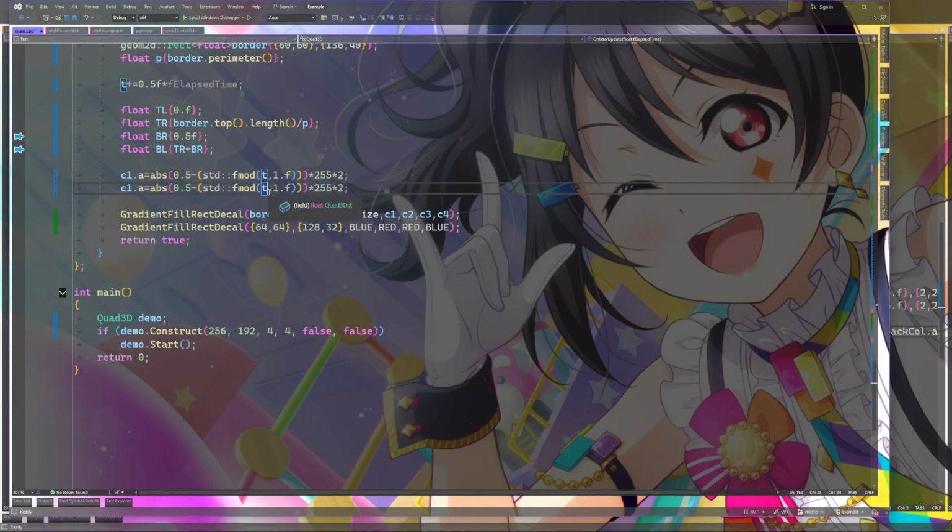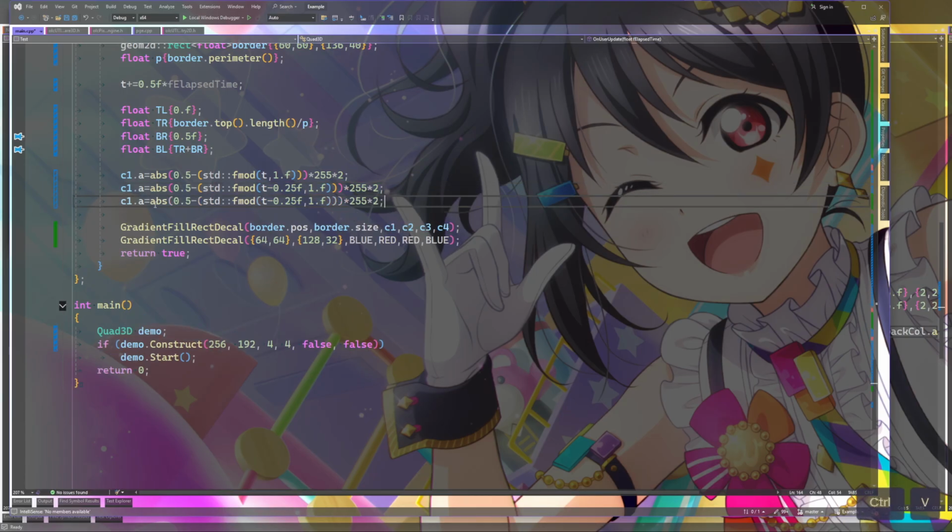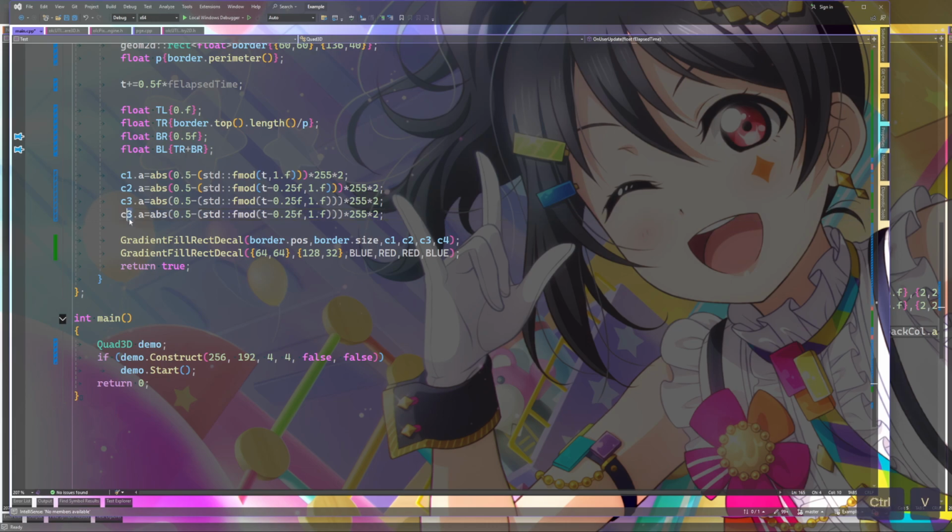So the t is now at 0.25. So I can either subtract or add. I think I just subtract by 0.25 to get all the rest of the values. I'm pretty sure. Like so.